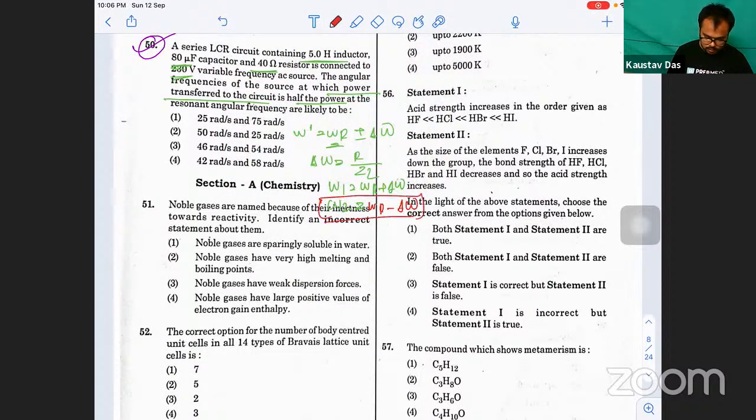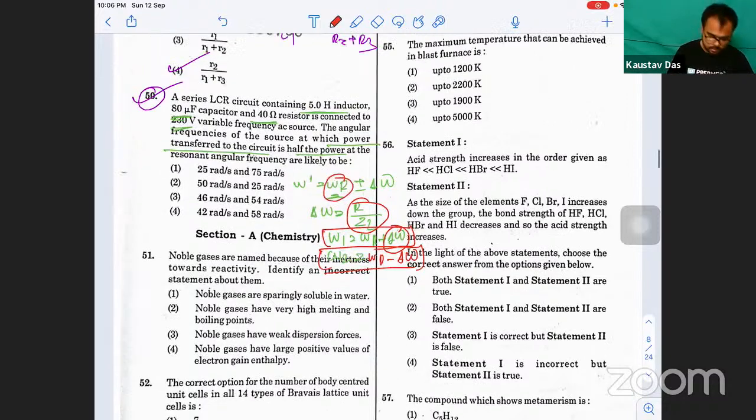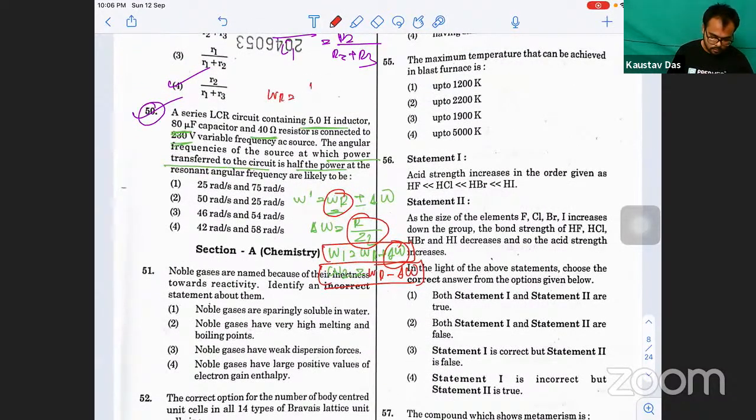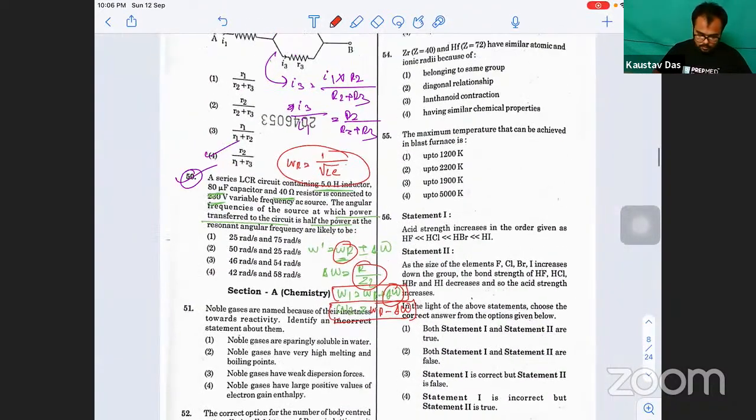So from there you need to find these two different frequencies. You just have to find the value of R by 2L. The value of R is given as 40 ohm, L is given as 5 Henry, and that gives delta omega. And omega R, the resonant frequency, you know comes as 1 by root over LC. The value of L is given, C is given in microfarad, 80 into 10 to the power minus 6, you have to calculate. So with that we have almost completed all the